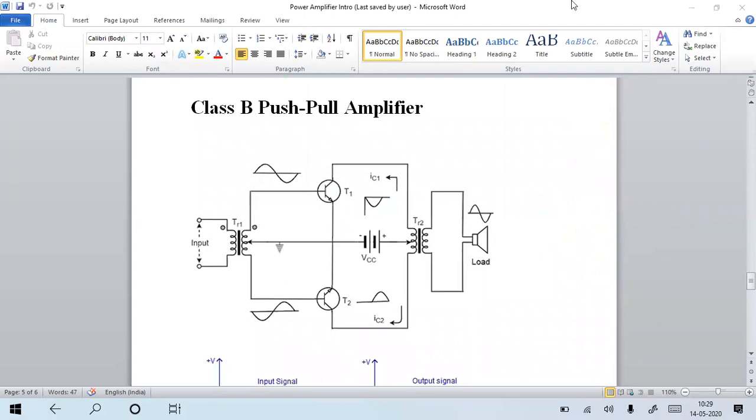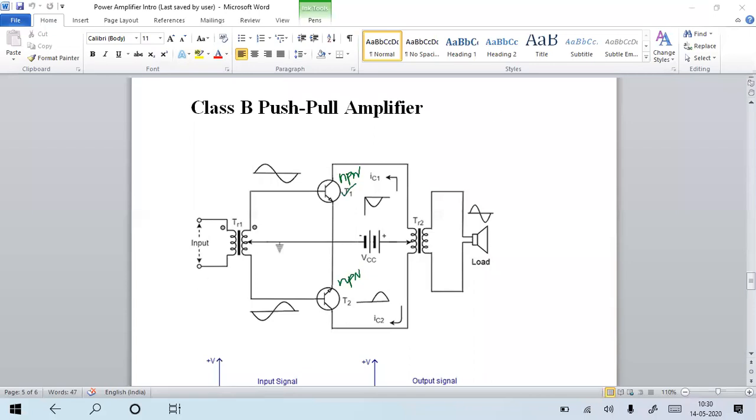See here, it is similar, but here a transformer is used at the input side, because the output load is isolated from the input side with the help of an ideal transformer. Same thing here also, a transformer is there. Here a center tap transformer is there. You can see it is the same way, but here the two transistors are the same. This is also NPN. This is also NPN transistor, because you can see the arrow. But in the PNP transistor, the arrow is made inside and away from the emitter terminal. So both transistors are NPN transistors only.